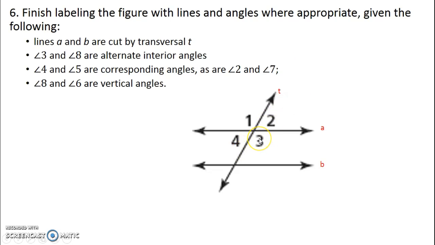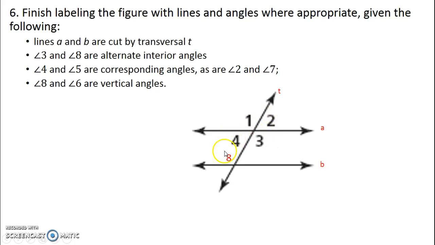Well, 3 is already inside lines A and B, so 8 also has to be inside. You have two options for where that could be, but it has to be on the alternate side of line T, so it has to go on the opposite side of that transversal. So there's angle 8. 4 and 5 are corresponding, so 4, which is on the lower left of this intersection